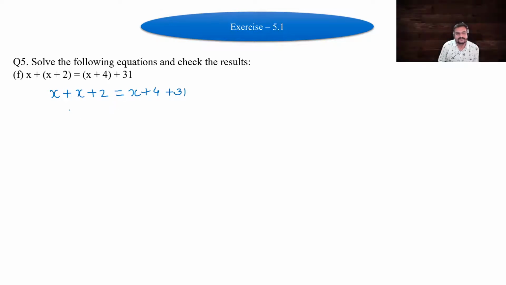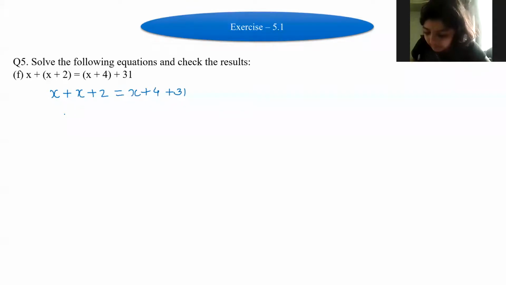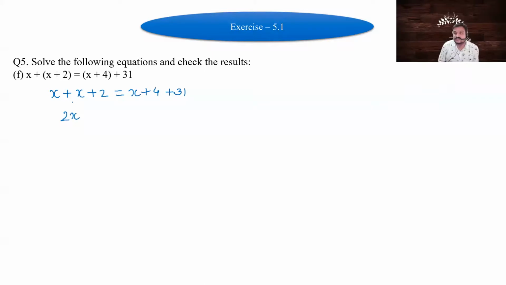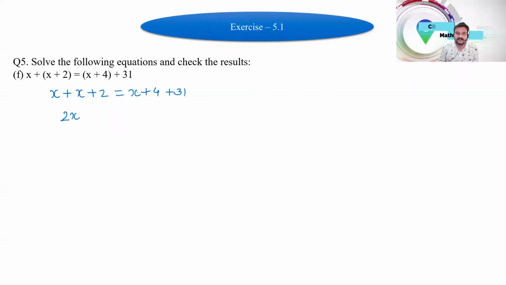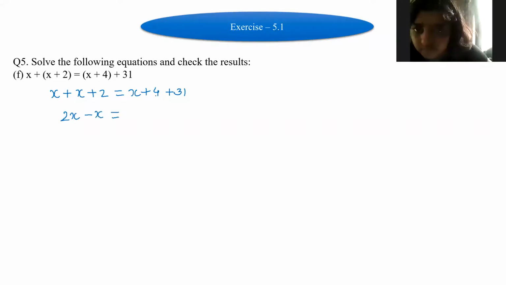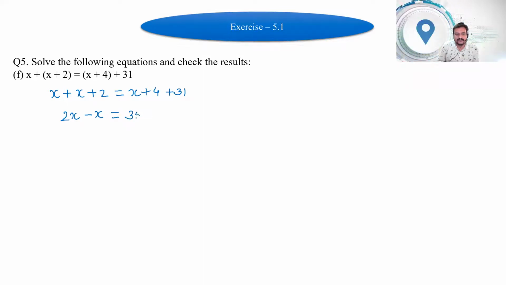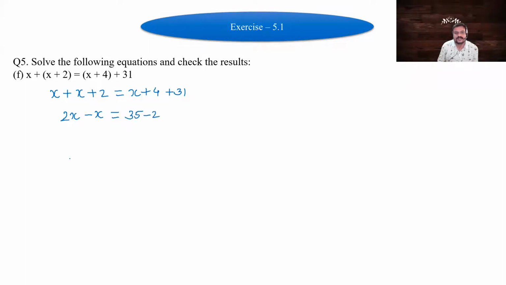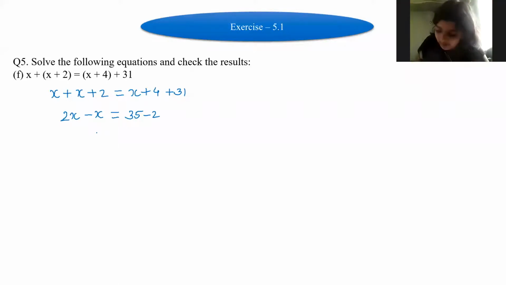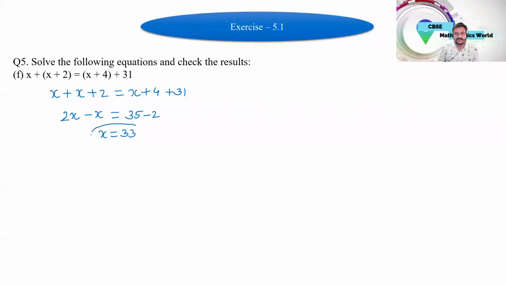So then we will write x plus x is equal to 4 plus 31 minus 2. Not x plus x, this x is plus on this side, after going to the other side it will become minus. And what is 4 plus 31? It is 35. From that 35 we have to subtract 2. So x is equal to 33. Yes or no?